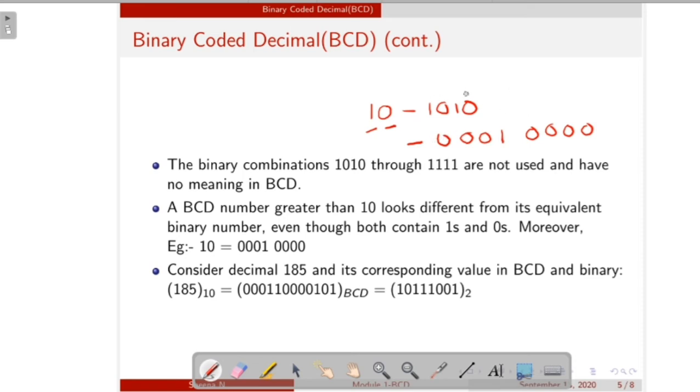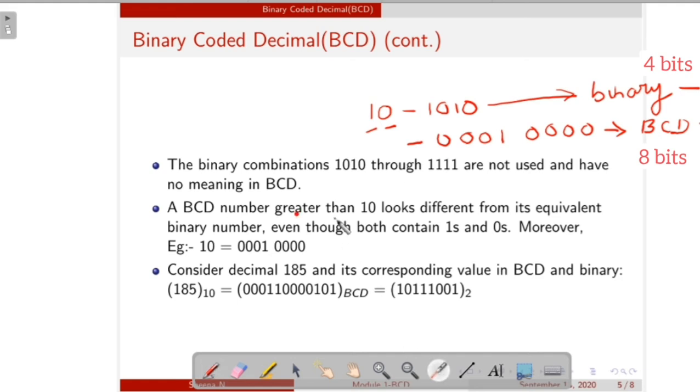So this is the binary equivalent of 10, and this is the BCD equivalent of 10. Binary requires 4 bits only, but BCD requires 8 bits.